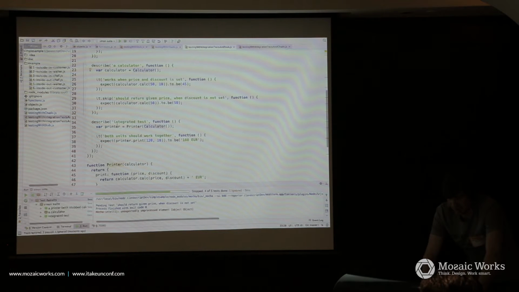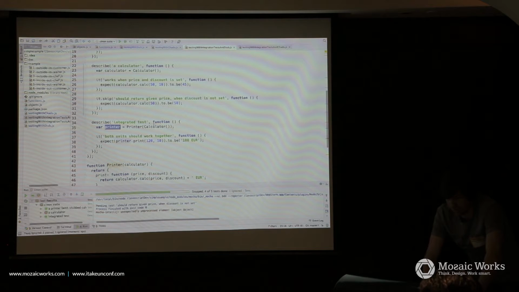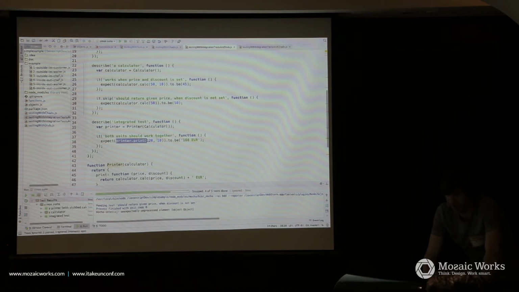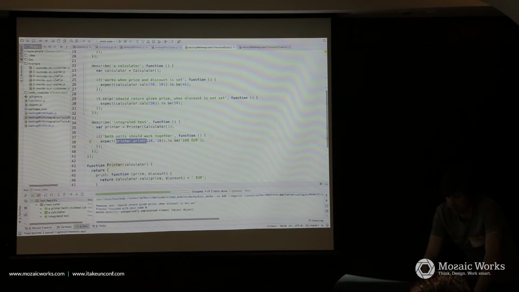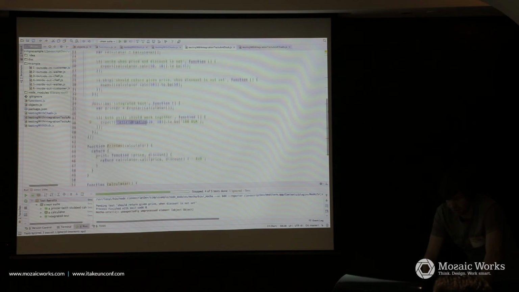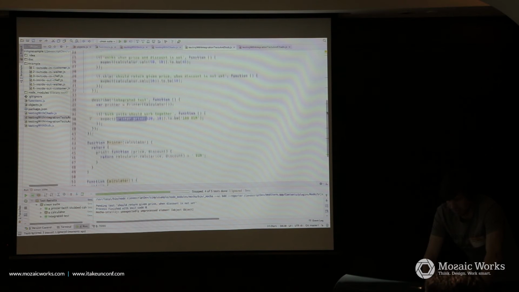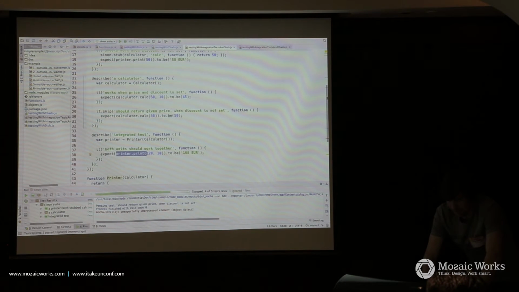And our integrated test is with the real printer and the recalculator, we call the printer print 120 and 10, and then it returns 108. The one test is skipped because it would fail currently.